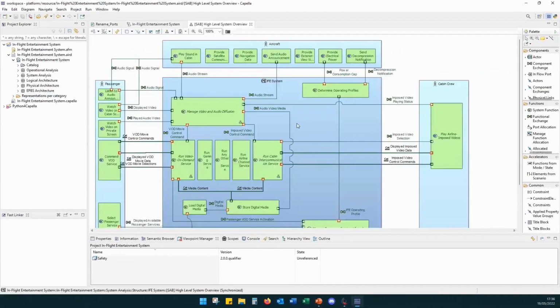This is a functional architecture of the in-flight entertainment system. Now we want to use the safety viewpoint in the project. For this, first we have to enable the safety viewpoint for the project. For this, right click.